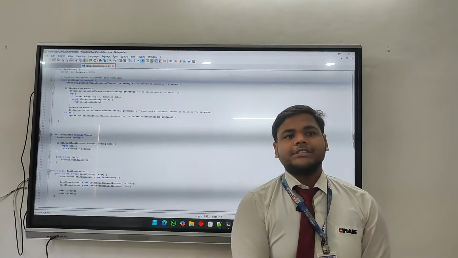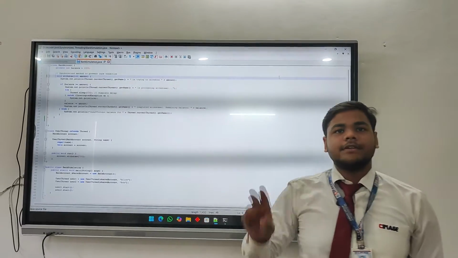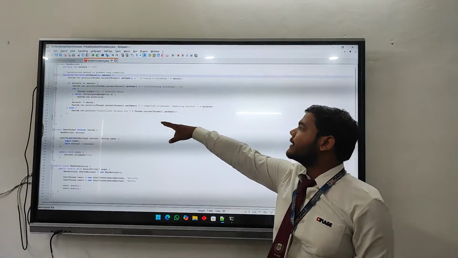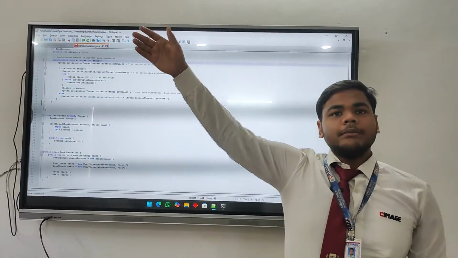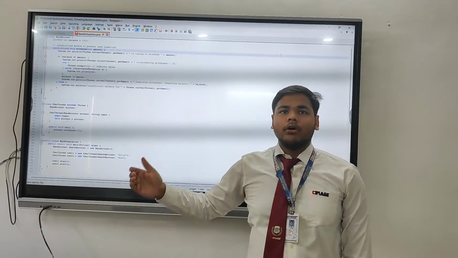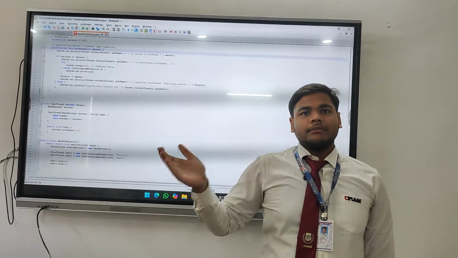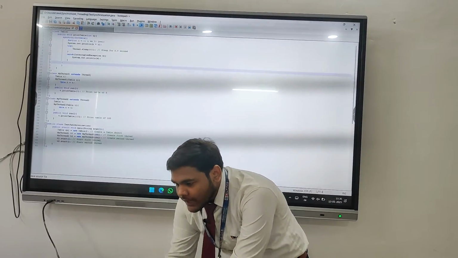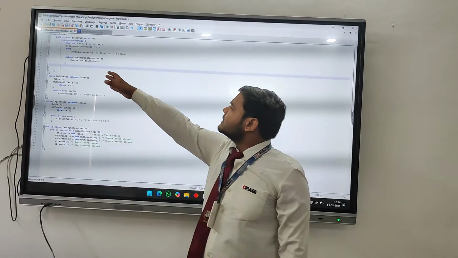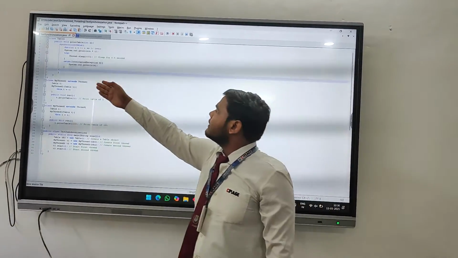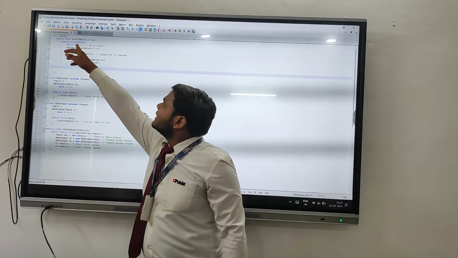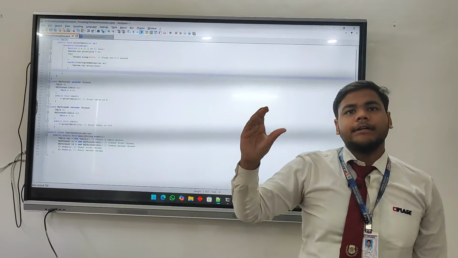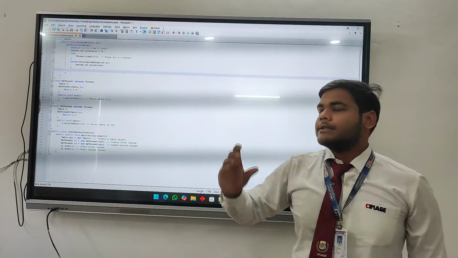So, applying synchronization in Java, we have two ways. First, the one I have discussed, the synchronized method. In a synchronized method, all of the code written inside that method will be blocked during the execution of one thread. And I had another example, a simple table printing code. Here I have used the synchronized block. A synchronized block covers only the critical code inside a method, and it doesn't block the overall method.